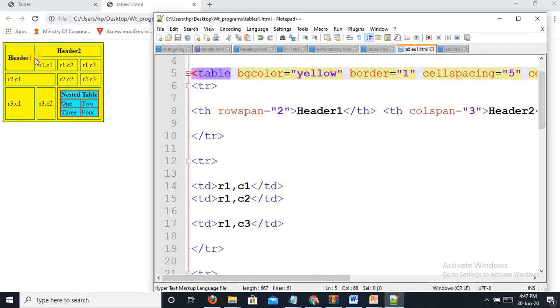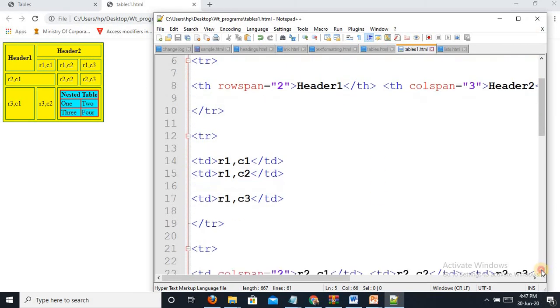It had taken this, and colspan equal to 3 for header 2. It combined 3. And in the next row I had taken TDR1C1. Be careful while drawing a table. If you give rowspan equal to 3, colspan equal to 5, and write code as you wish, it will not show properly.